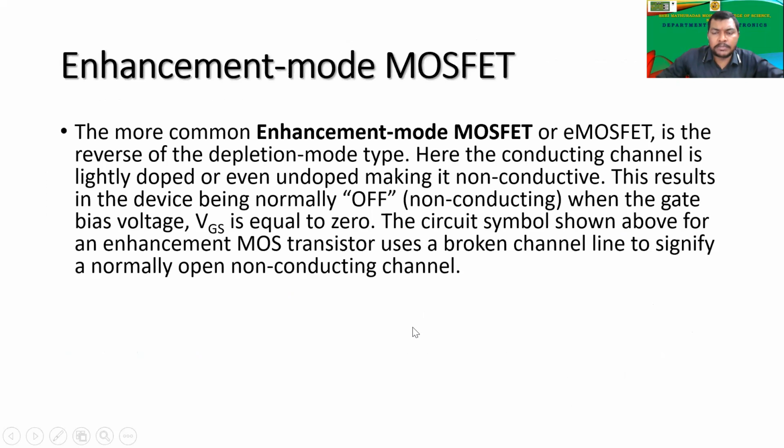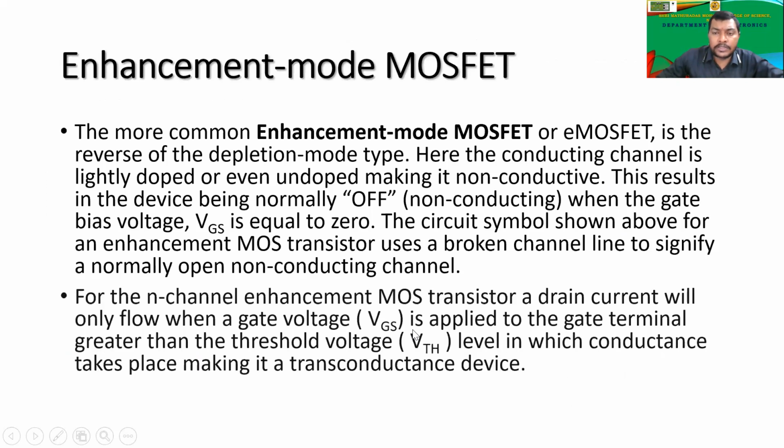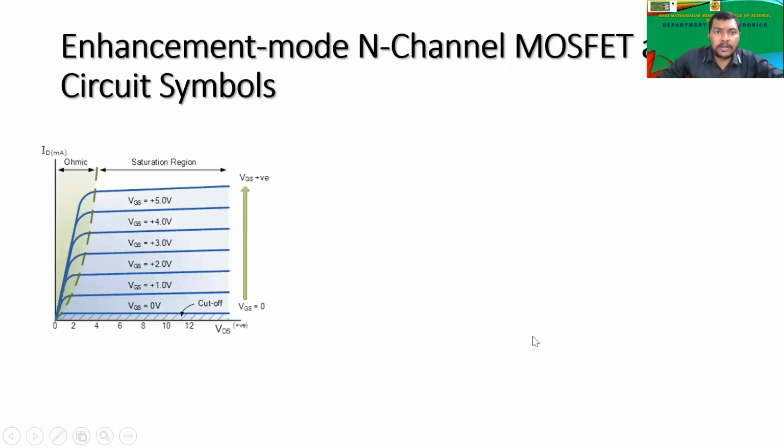We have already studied the enhancement MOSFET, in which the current is supposed to be enhanced through the gate, and this is the graph of that. Here you can see that if the gate-source voltage is zero, then there is very little current flowing through it. As you go on increasing the voltage, the drain current increases. This is the ohmic region, this is the cutoff region, this is the saturation region, and these blue lines shown in between are the active region of the MOSFET. So this is the enhancement type MOSFET.